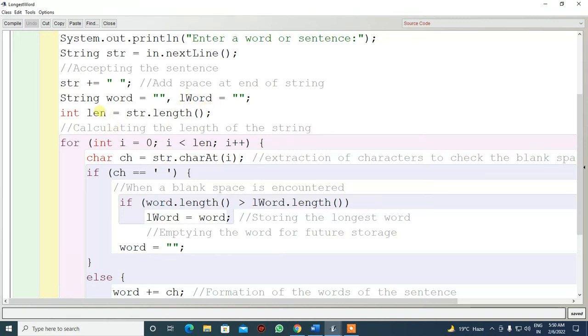Now we come to the L word, that is the longest word, yes, and then we come over here to this L word. L means the longest word, and then you come to the length, L length, the string length. You are extracting the characters to check the blank spaces, and when a blank space is encountered, then you are comparing the original word,